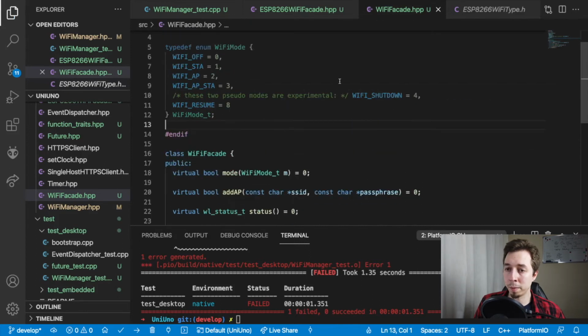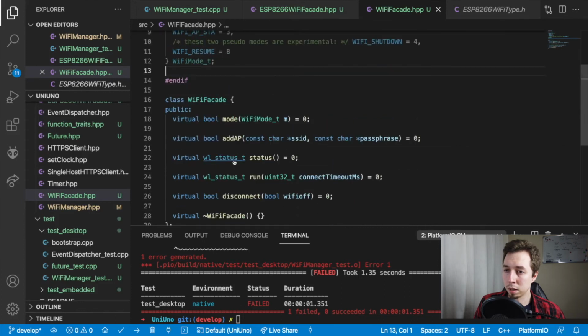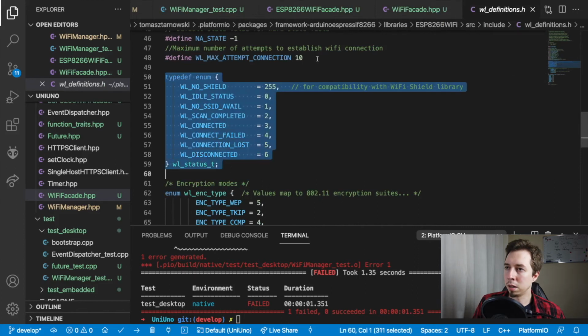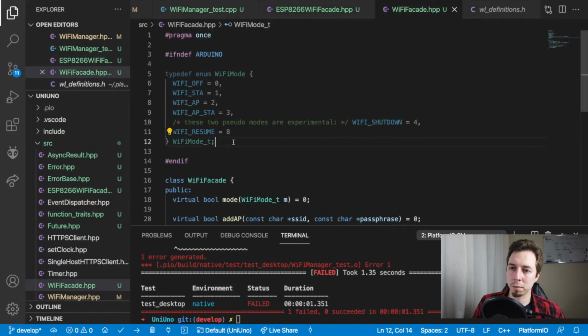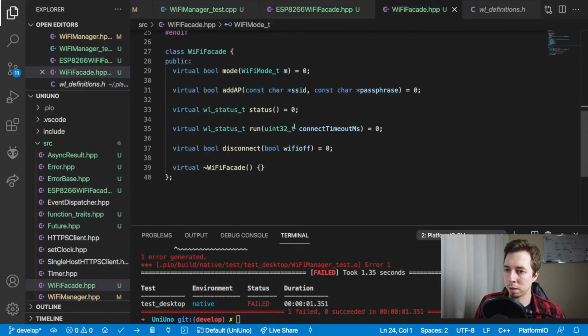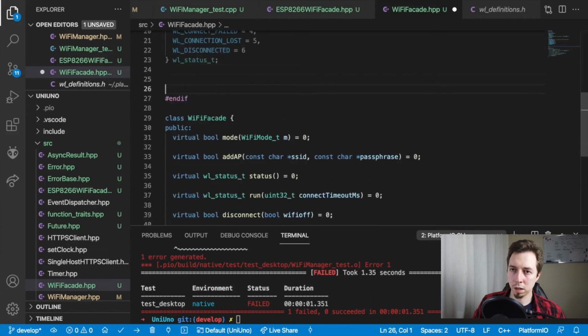But you see how problematic this is gonna be if that changes, for example. WL status, another enum. Yeah, those header files are not there on native environment, so that's the only way to add them. Right, that should be it. So if it's Arduino, it's just like that. But otherwise, else,